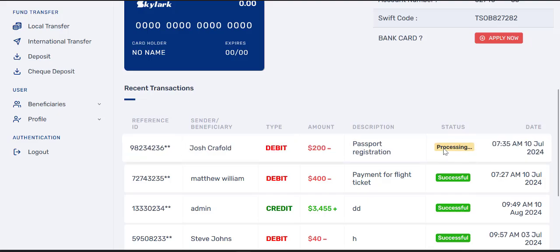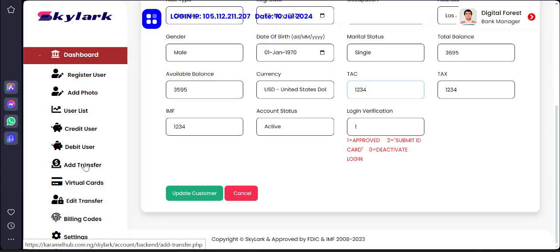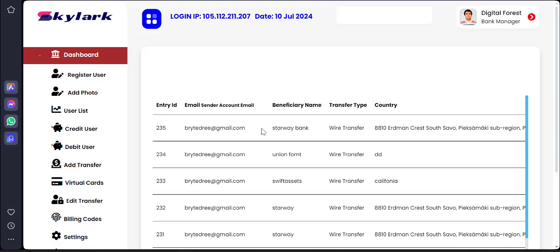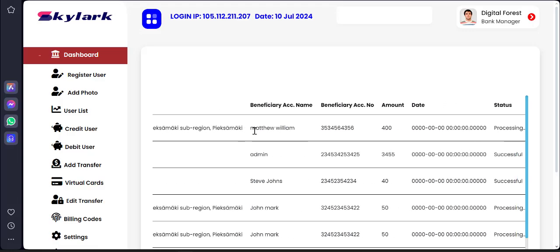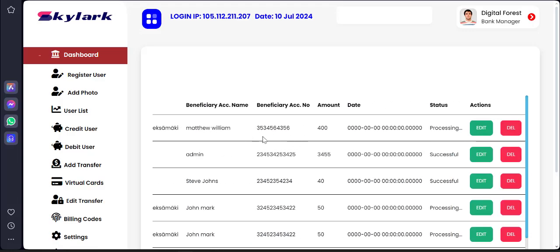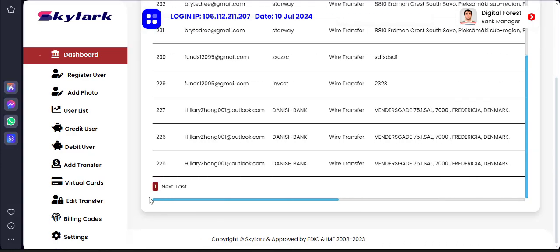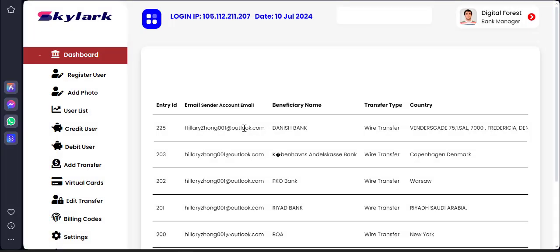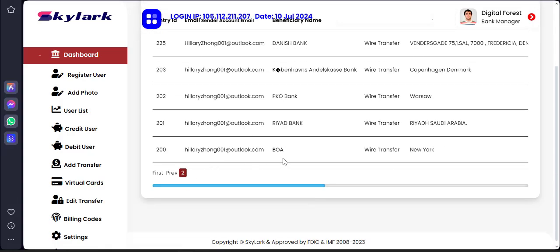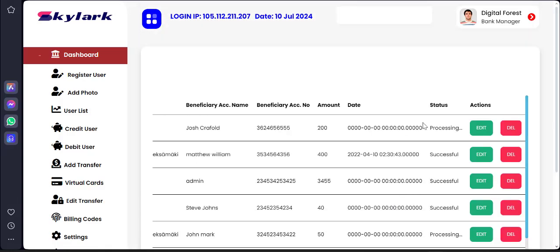You can see the transfer is still processing. So I'll go back to the admin, go to edit transfer. You look for that particular transfer that was done. So this is it. I'll click on edit